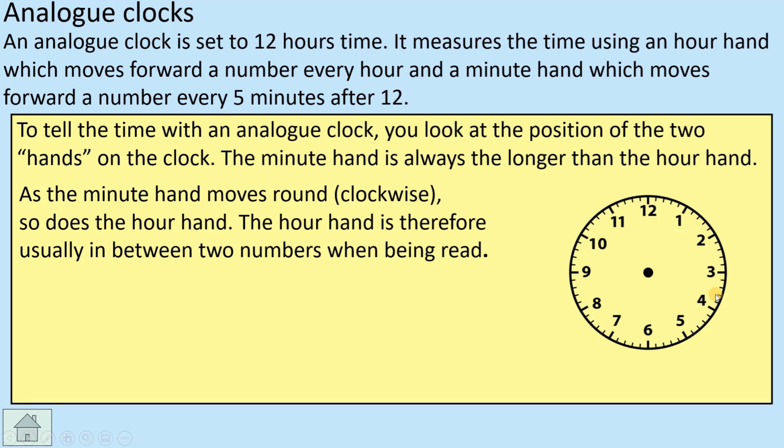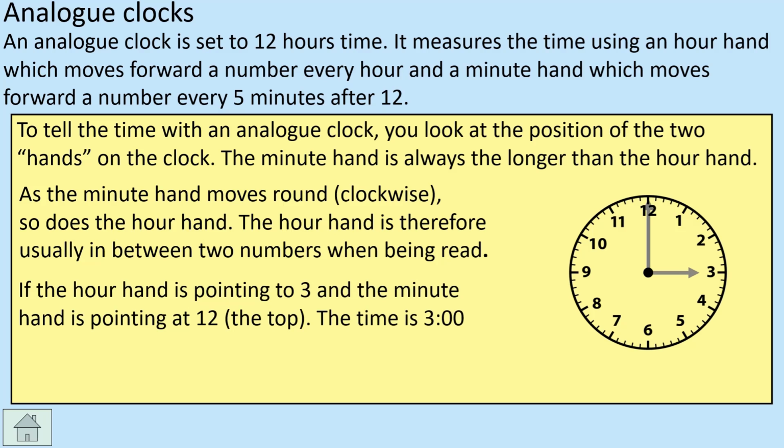So as the minute hand moves around, so does the hour hand, and the hour hand is therefore usually in between two numbers when being read, simply because the minute hand goes around a bit faster. It's only when it's exactly 1 o'clock or 2 o'clock that the hour hand lands on the actual number. Okay, so if the hour hand is pointing towards the 3, as the example is showing,